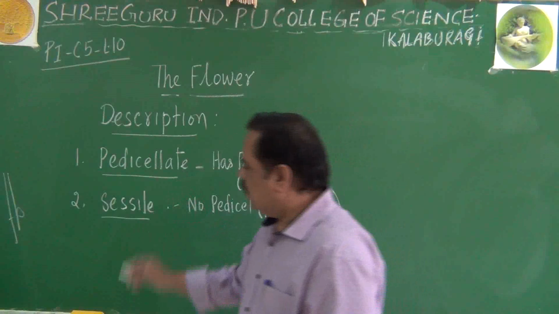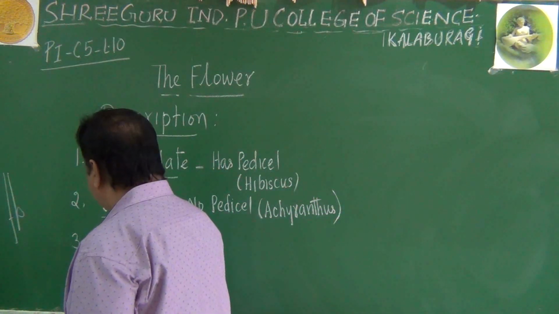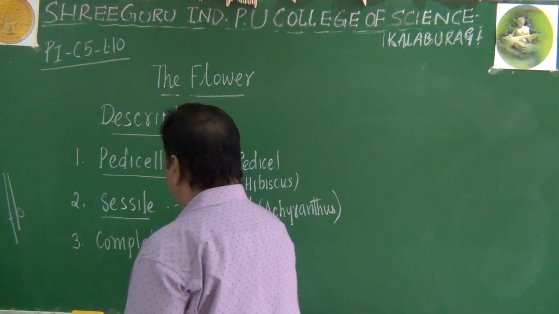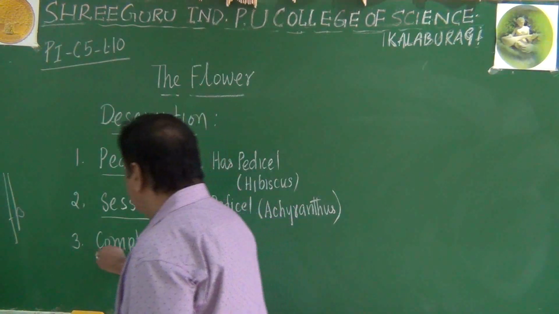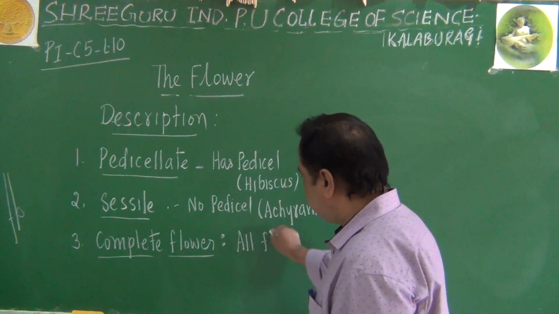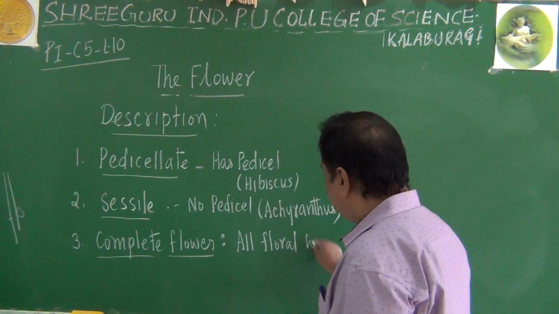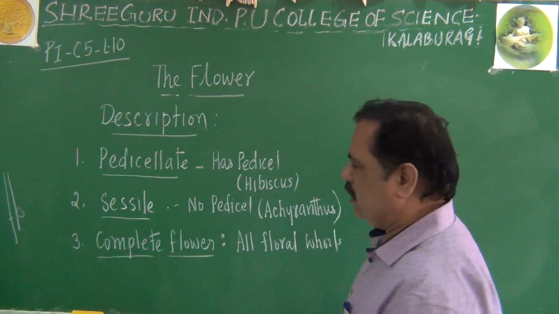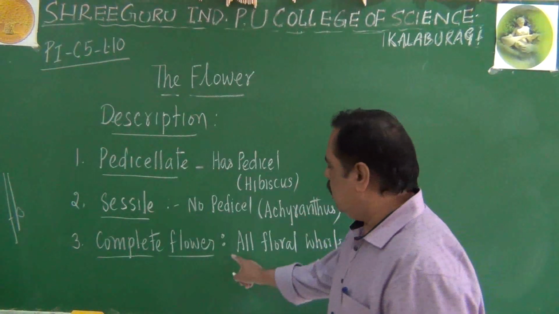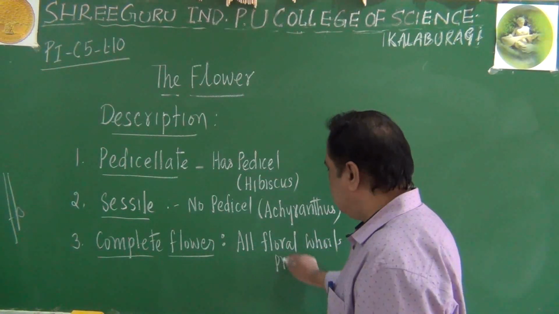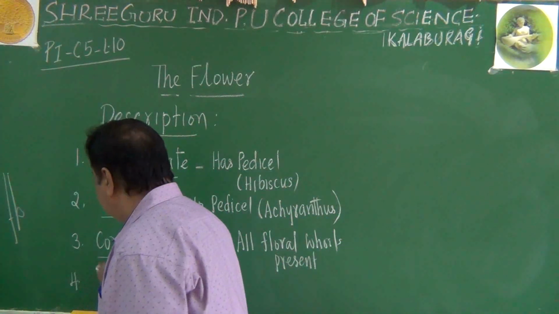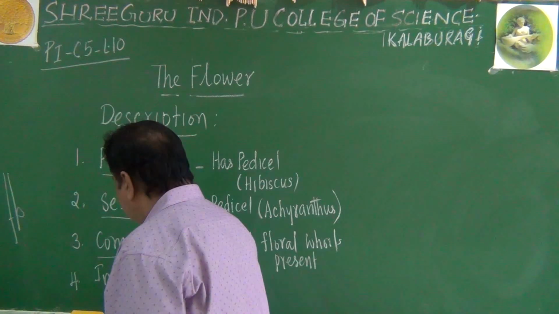Okay. A flower can be said to be a complete flower, we can say here. A flower is called a complete flower when it has got all the four floral whorls. All floral whorls are present means then it will be called what? A complete flower. All floral whorls means what? Calyx, corolla, androecium, gynoecium. All are present there means, okay, that is called a complete flower, we can say. What is an incomplete flower? You must know also. From the name itself, you can